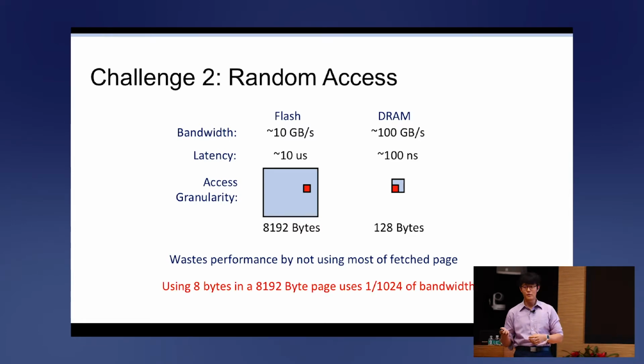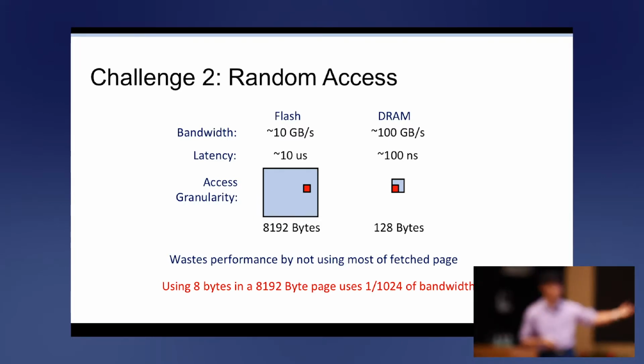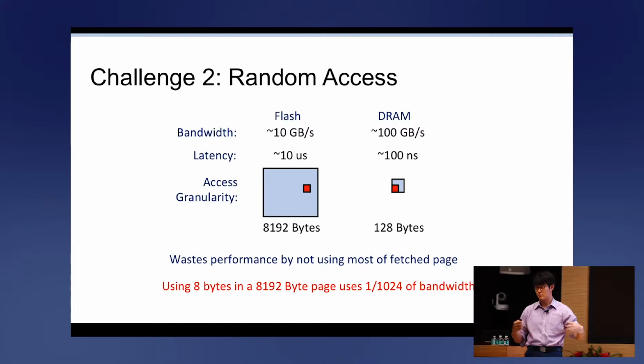For example, if you load 8 kilobytes of data and use just 8 bytes of it, then your read amplification results in the effective bandwidth going down by 1,000-fold, which is irredeemable. It's going to kill your performance. So the big goal